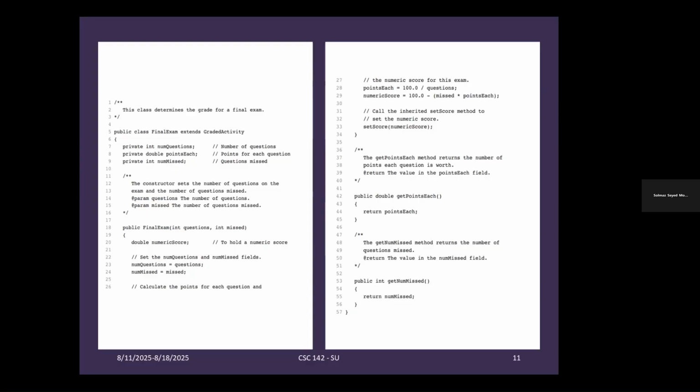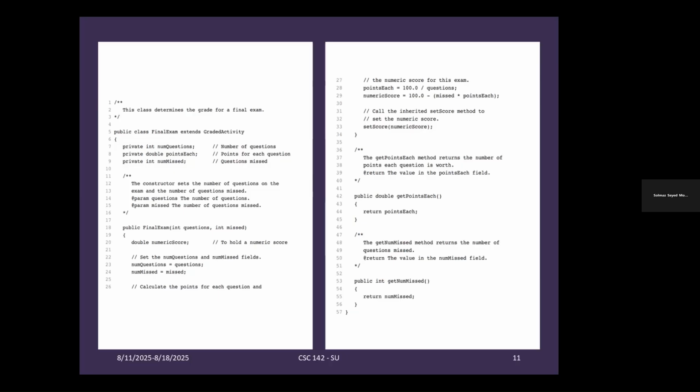Line number 5 is very, very important in inheritance. You have to learn what the subclass is and what the superclass is, and the relation between them. We have to use that keyword in Java. So here we define FinalExam as a subclass and GradeActivity as the superclass, the parent.